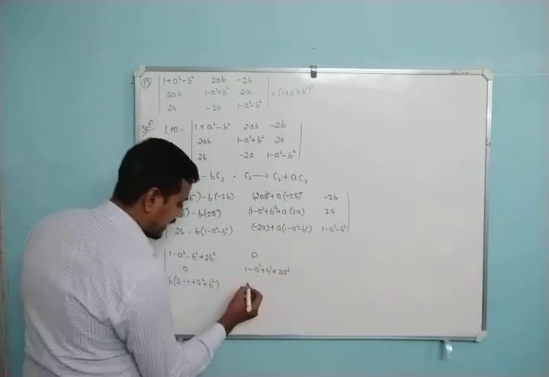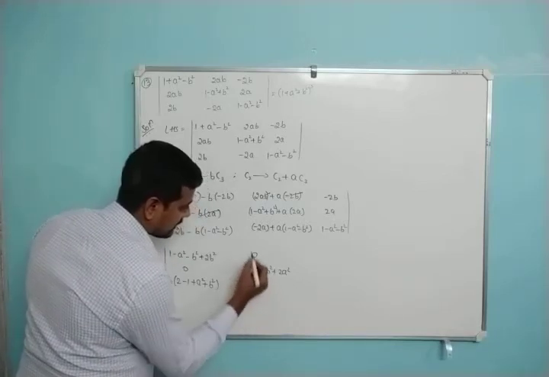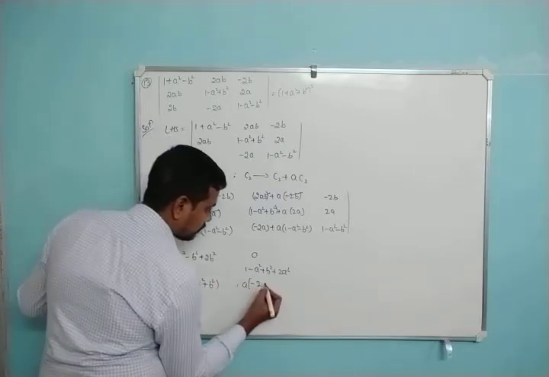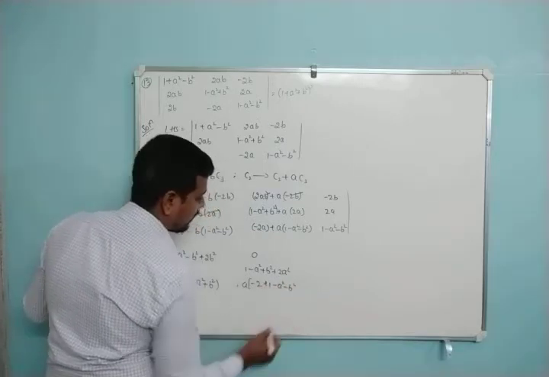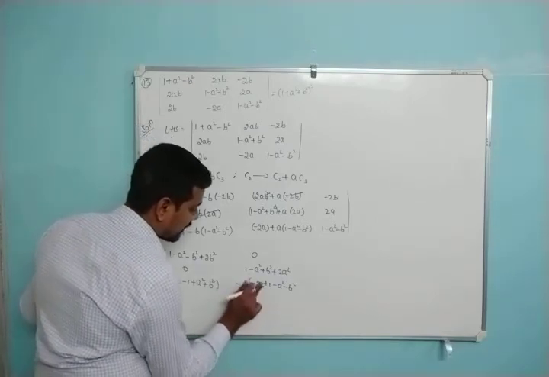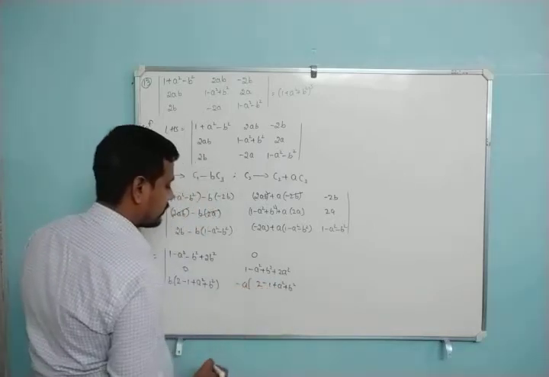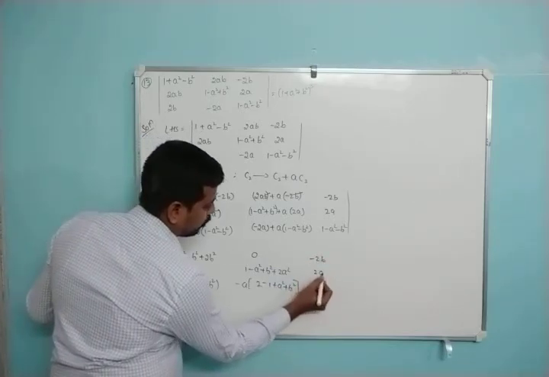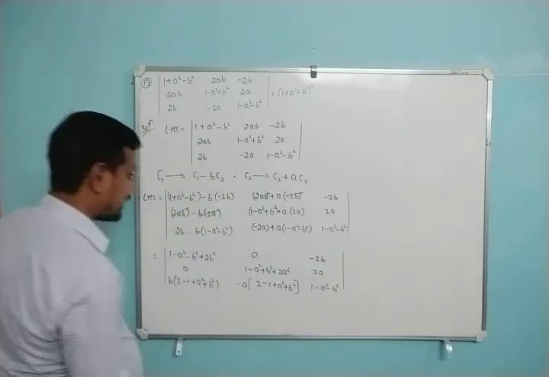And this one, if I take a common, sorry, minus a common if I take, so what remains? This becomes 2, this becomes minus, plus and plus, right? And here as usual minus 2b, 2a, 1 minus a square minus b square. That is our determinant. Okay,